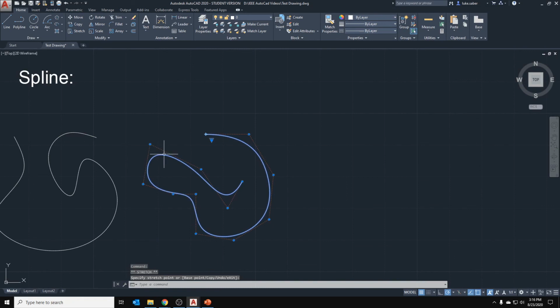So this is really good if you want to have a specific kind of shape or line shape, and you want to adjust it to be in a very specific way. I know I keep saying the word specific a lot. That has to do with the fact that this program is literally all about specifics. You can use it